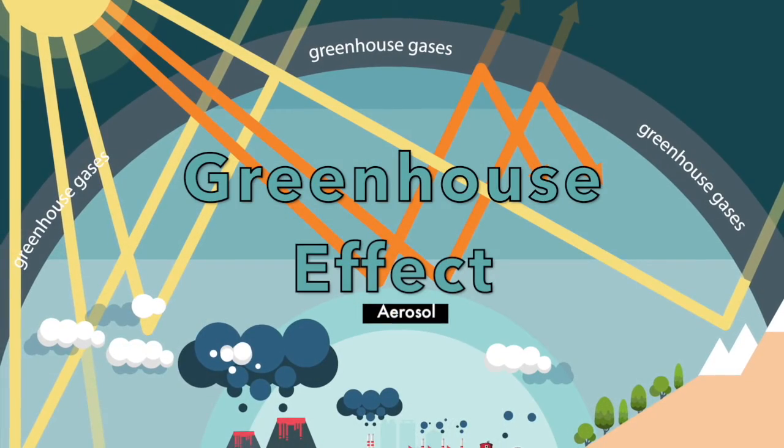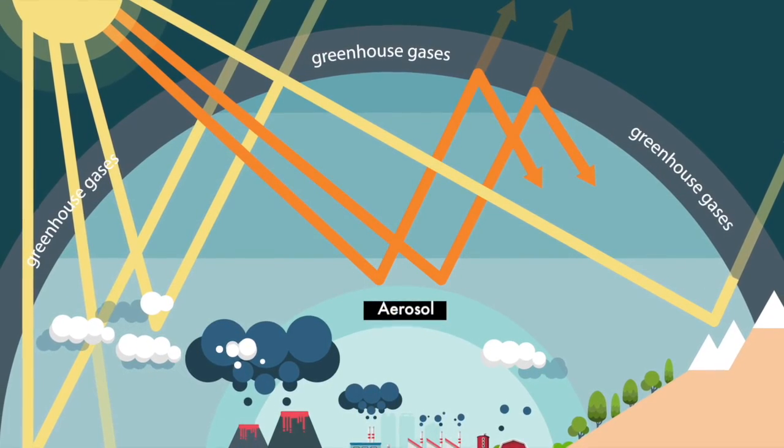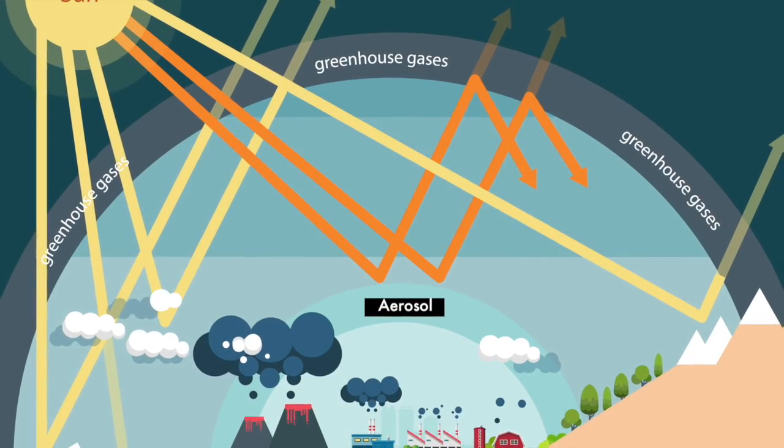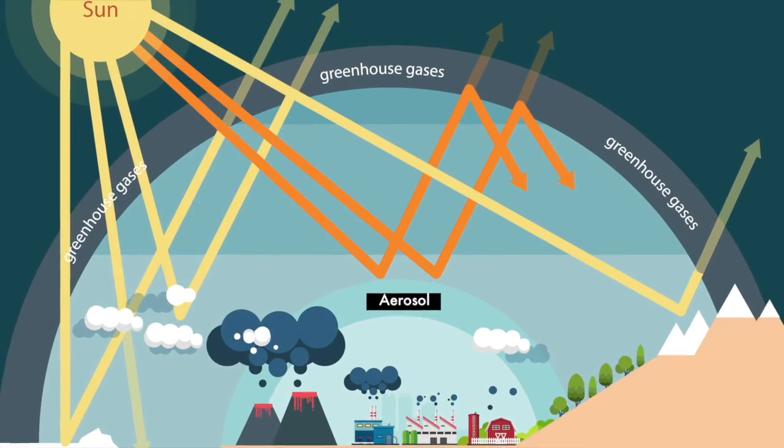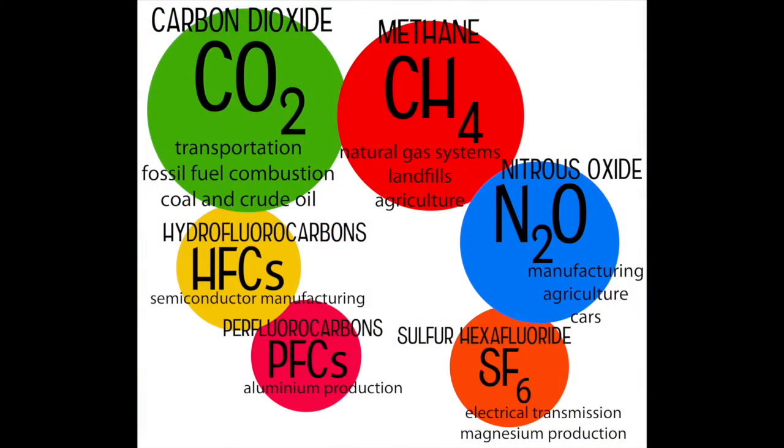The greenhouse effect is due to the greenhouse gases absorbing the sun's radiation and directing it back to the Earth instead of into space. This warms the Earth. Greenhouse gases are methane, CH4, carbon dioxide, CO2, nitrous oxide, N2O, and fluorinated gases, SF6, from human activity and industrial